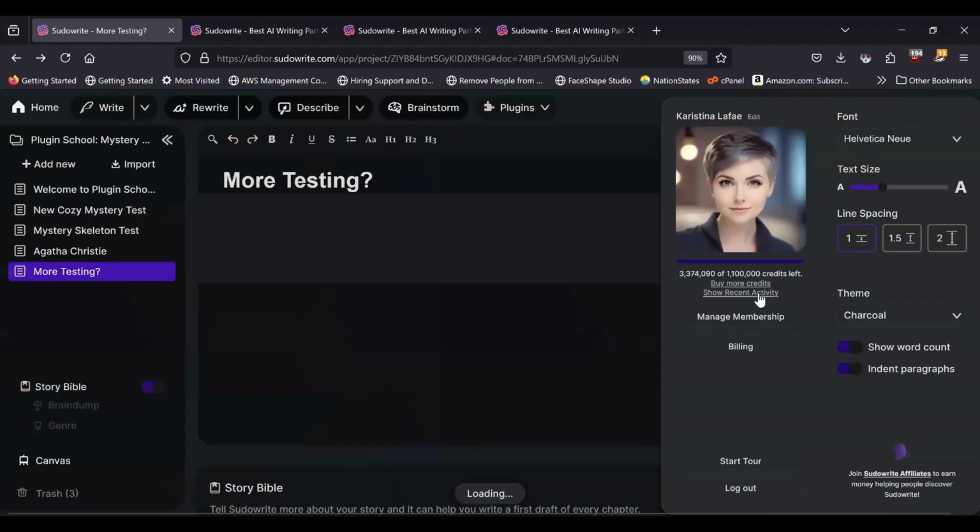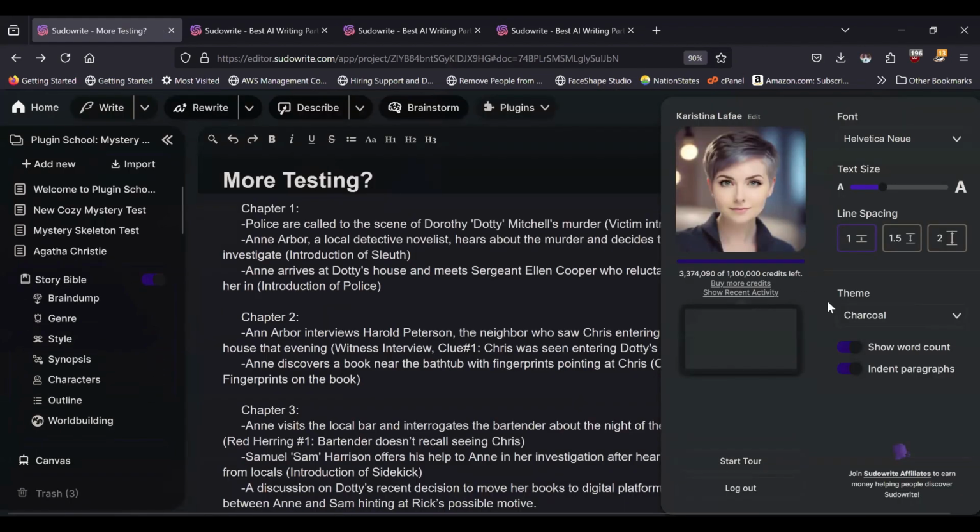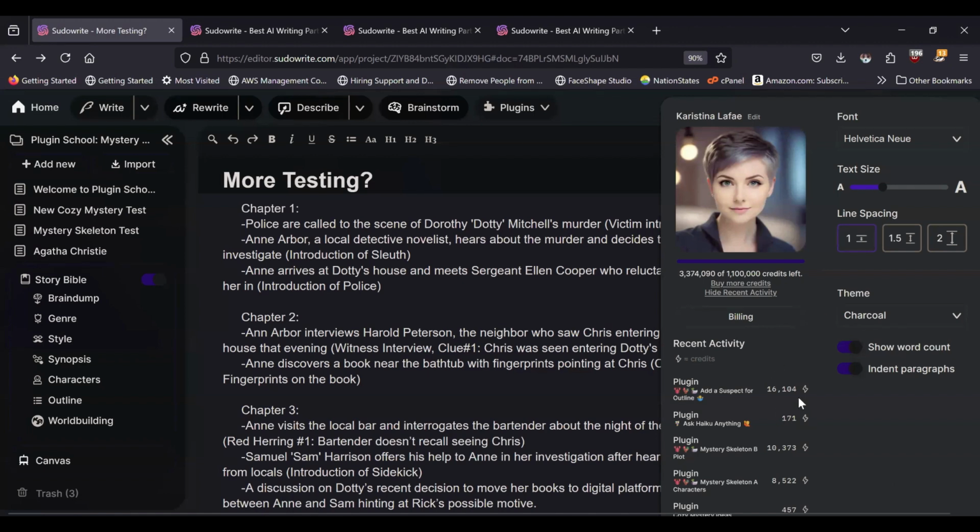And I do that often, and I wish it just opened a new tab instead of navigating me away. But to add a suspect to the outline, it was as expected because we had the context of the first two plugins taken into account. It cost 16,104 credits